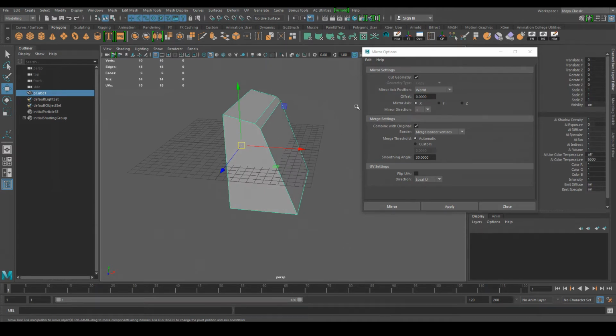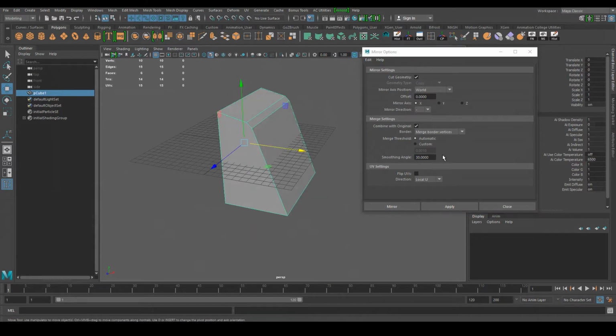Mirror axis position world is fine. We're mirroring across X, if you think about it. So we just want to mirror it over to the other side, so X is fine. Is it a positive or a negative direction? Well, we know that already. We know that where the arrow is pointing is our positive. So we want to mirror in the negative direction. Do we want to combine it with the original? Yes, we do. Do we want to merge the border vertices, so the vertices over here? Yes, we do. And the merge threshold is something that sometimes you will have to work with. Sometimes it will work just fine. So just hit apply